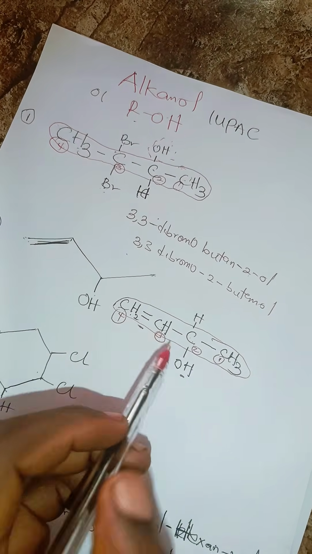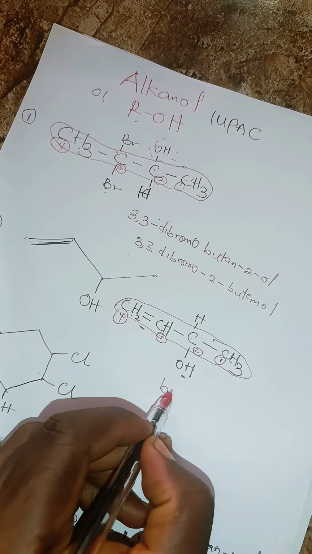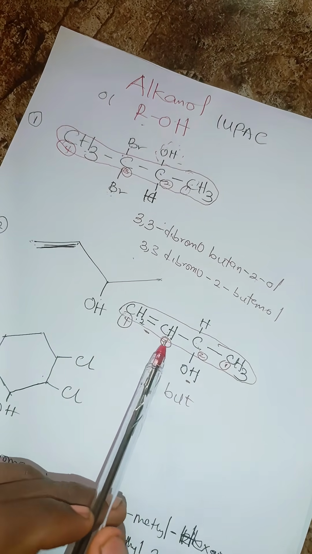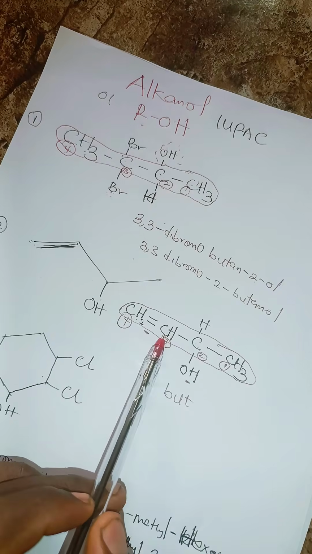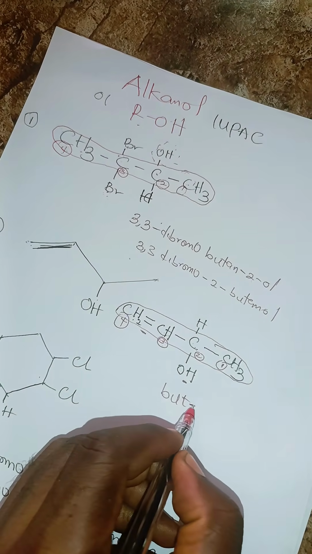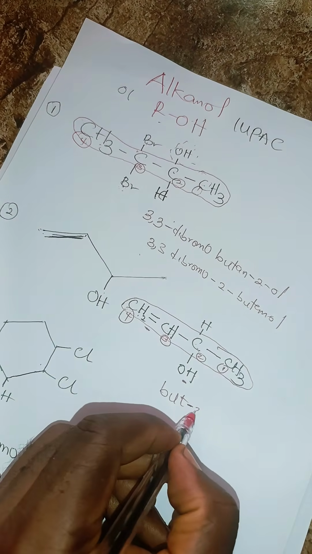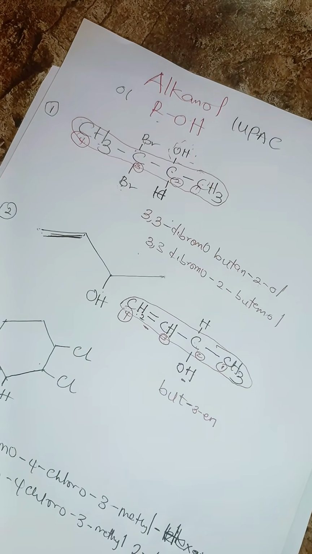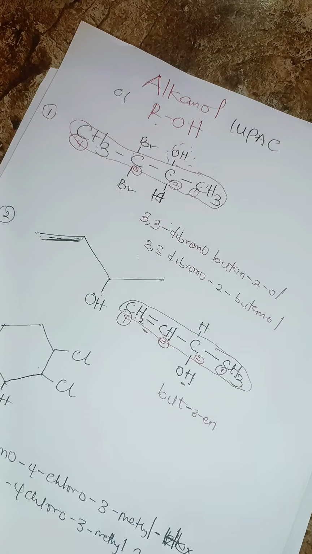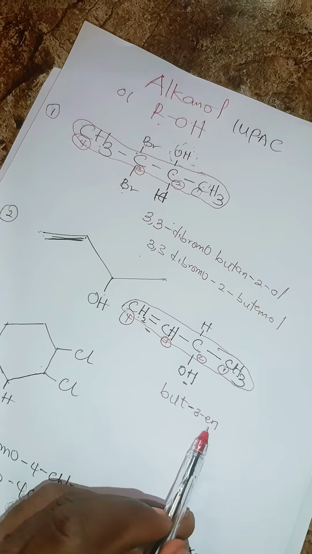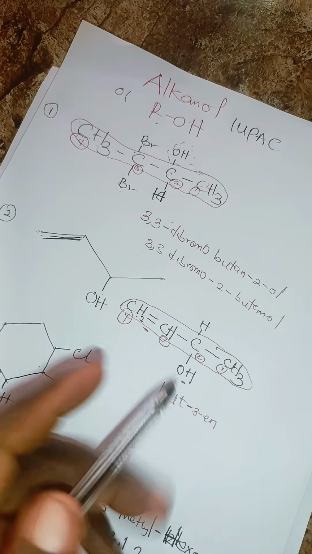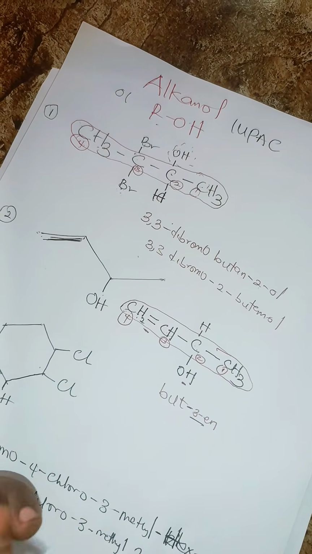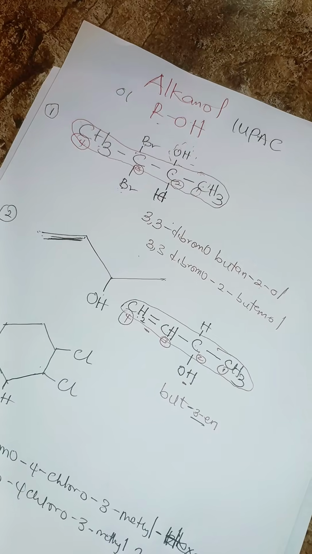1, 2, 3, 4. 4 is but-. Now don't forget that there's a double bond. 1, 2, 3. Double bond, yes, position number 3. So you say but-3-ene, more like butene, but there's alcohol there, so it's sounding butenol. So this is but-3-en. This 3-en we have here is just indicating there's a double bond at position number 3, then but-3-en,